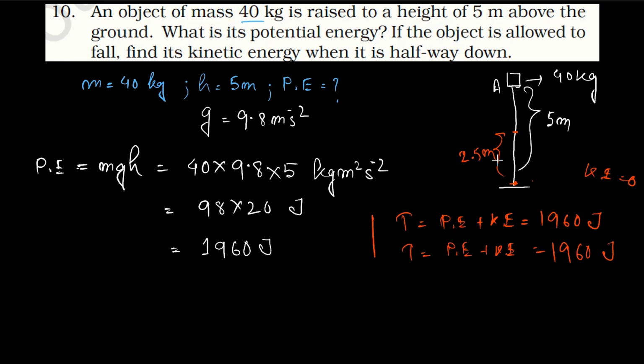Since it is halfway down, the potential energy will be half because the height becomes half, right? If the potential energy becomes half, the other half of the energy will be kinetic energy, because the total energy has to be 1960. So the half value of the potential energy will be equal to the kinetic energy. So what you can say,